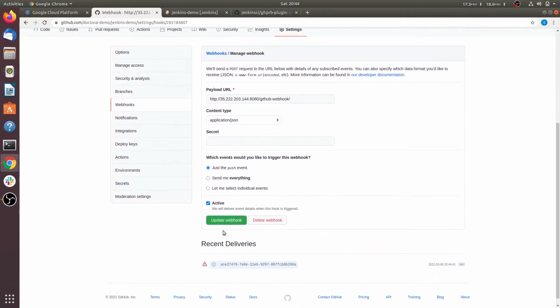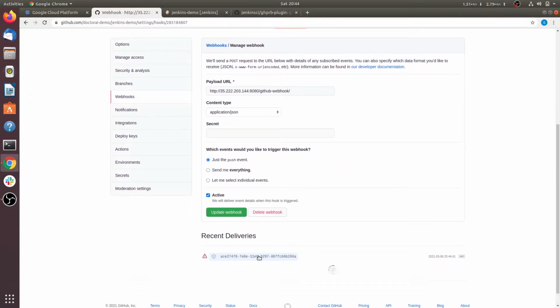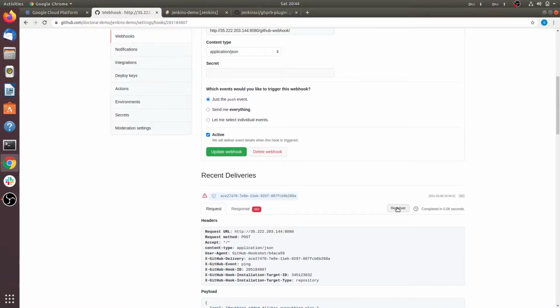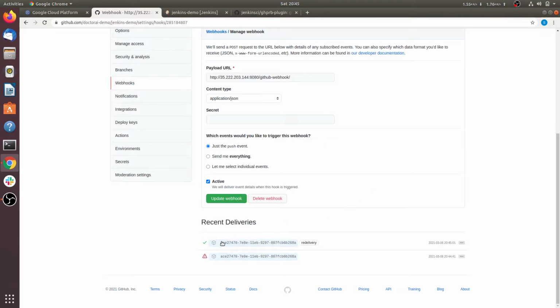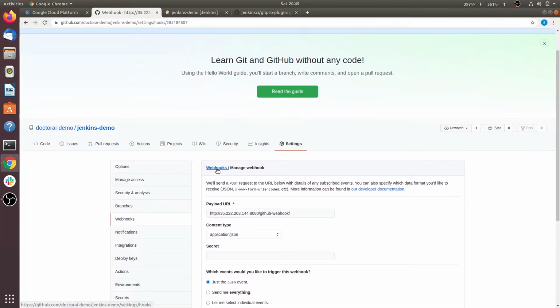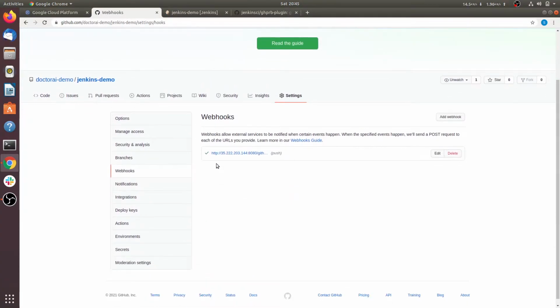Update webhook. Now see here. Redeliver the message. So now this is configured successfully. Here we can see a green tick mark is assigned. That means this URL is working.